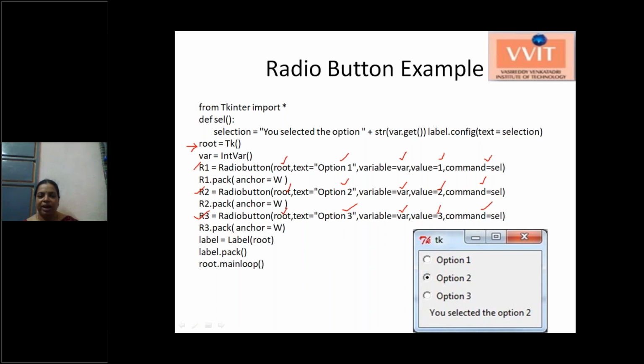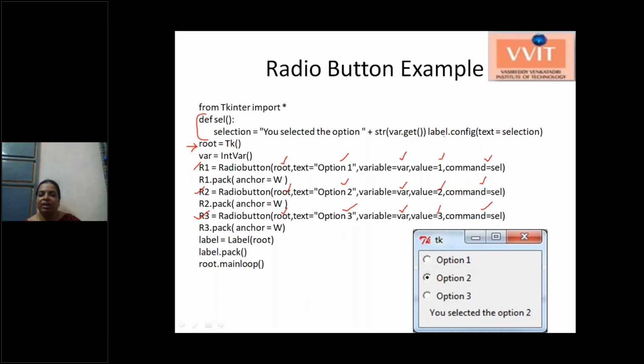After adding these three radio buttons, here I have a function, the sel function, which shows your selected option: str of var.get. Var is the variable name of the radio button, and get gets the value of that radio button.